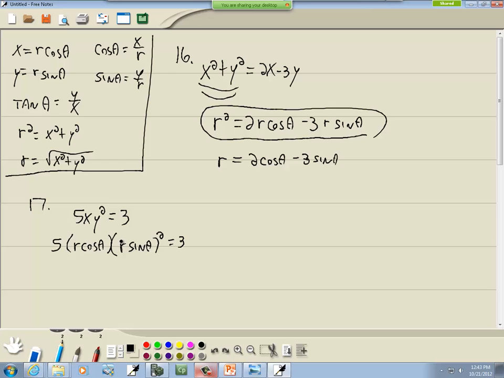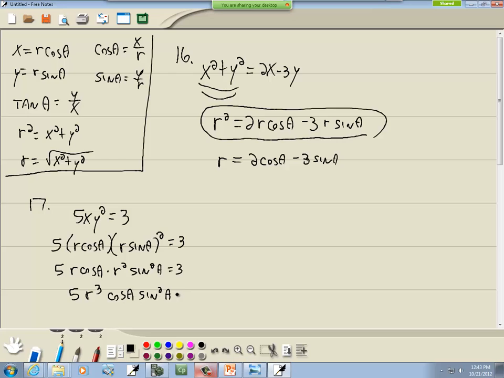Because they didn't say anything about simplified form. I could simplify it further. When you square this, if everything inside your parentheses is multiplication or division, you square everything inside. So we square the r, which would give us r squared, and we square the sine, which would give us sine squared. Well, we got 5. R times r squared is r to the third. Cosine theta